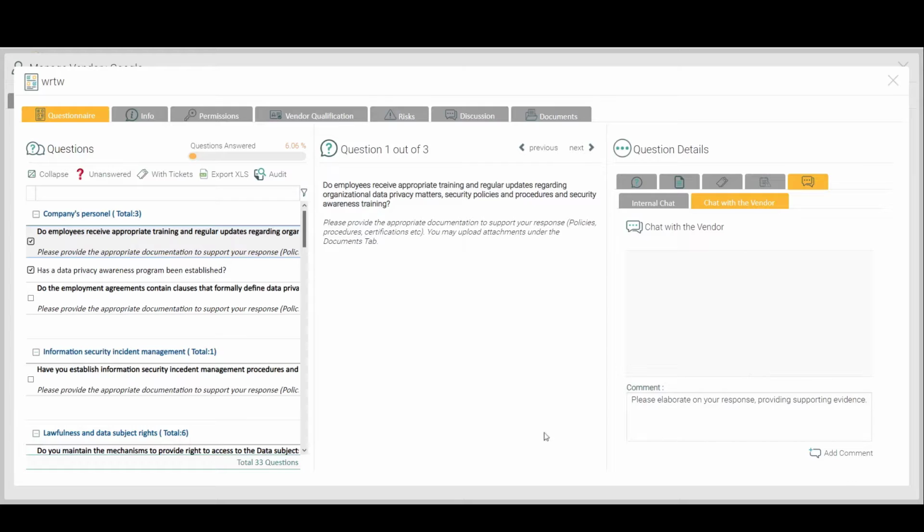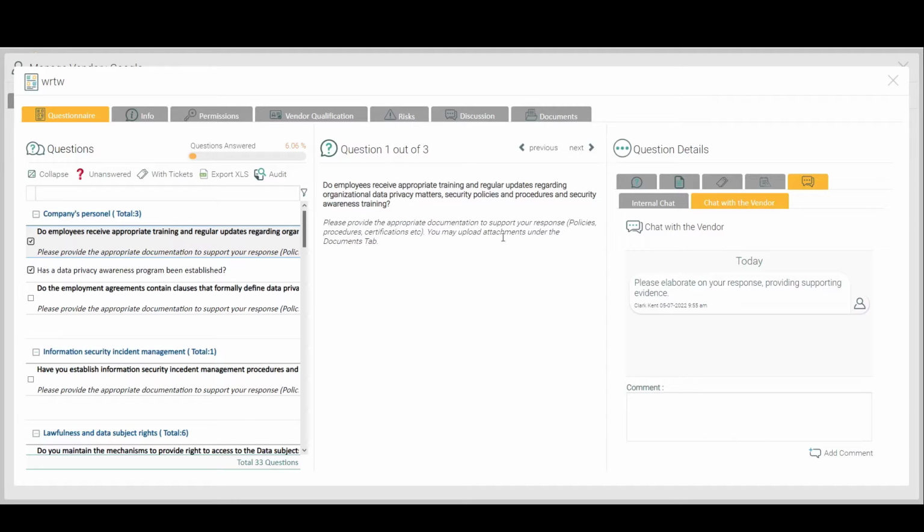So the vendor will also receive an email and notification through Enactia that we have left this kind of feedback. So there's no need to send separate emails, but instead send a direct message where exactly you want to leave feedback